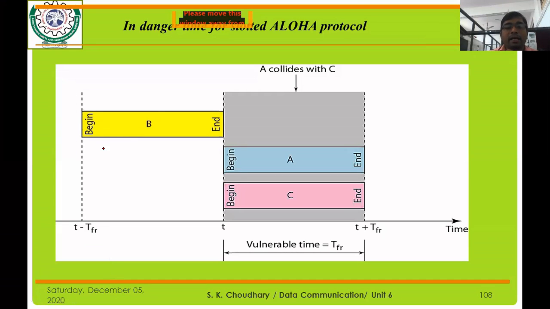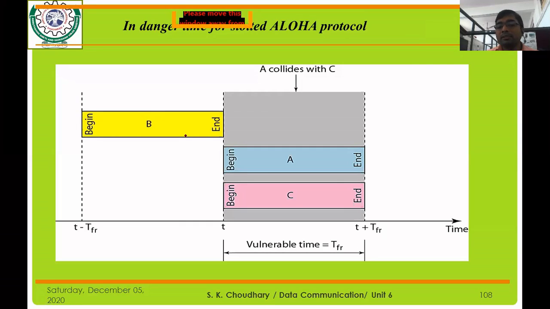So here station B has started at the beginning of the time slot, but when it ends, the other stations A and C have missed the beginning of the time slot. So both have to wait for the next time slot. But what happens,